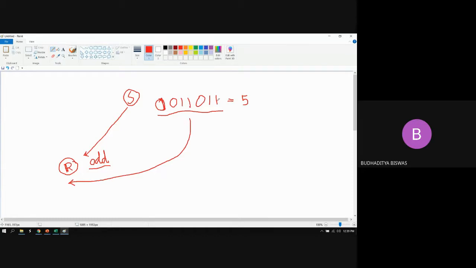Now again, due to some accident, if two data become 0, the first one and the last one, then what is the total number of 1 present? 3, sir. 3. And this 3 is again an odd number. So this is the major disadvantage of the parity: during the transmission, if two data are changed from 1 to 0 or 0 to 1, that cannot be detected using the parity method.